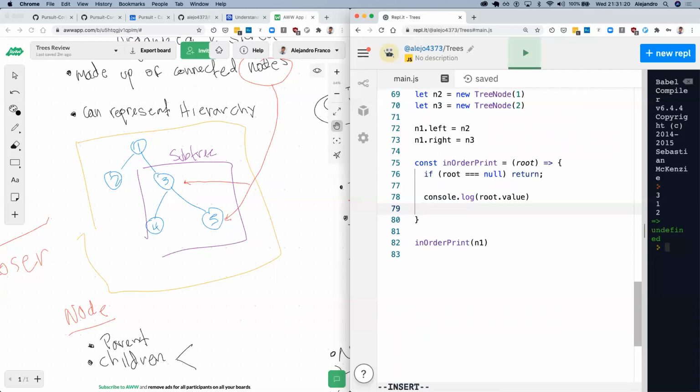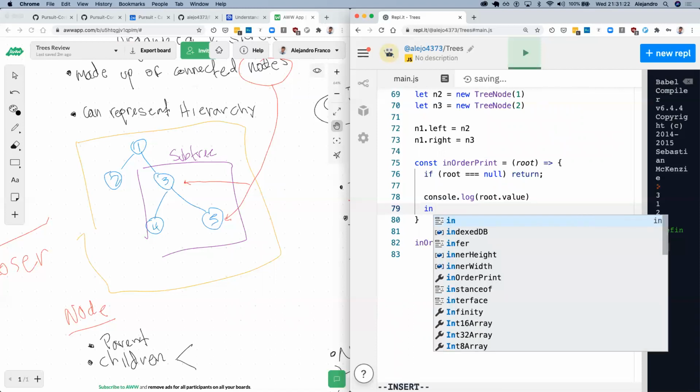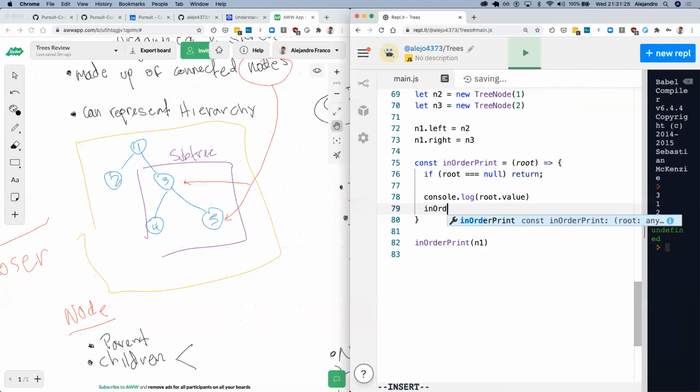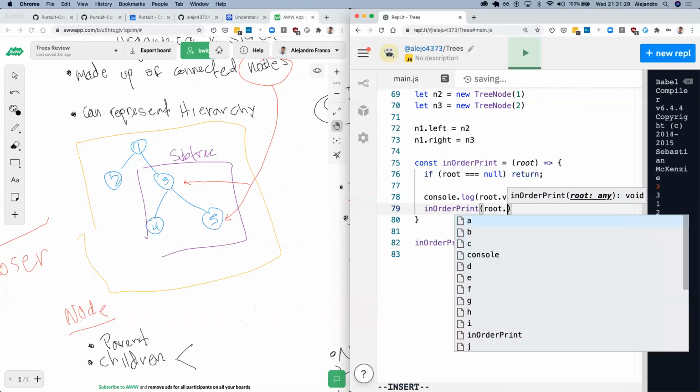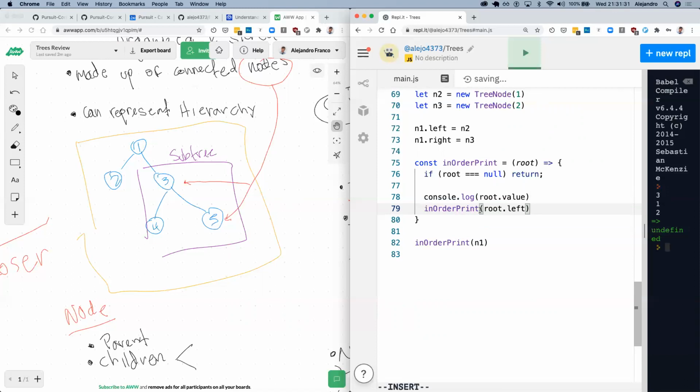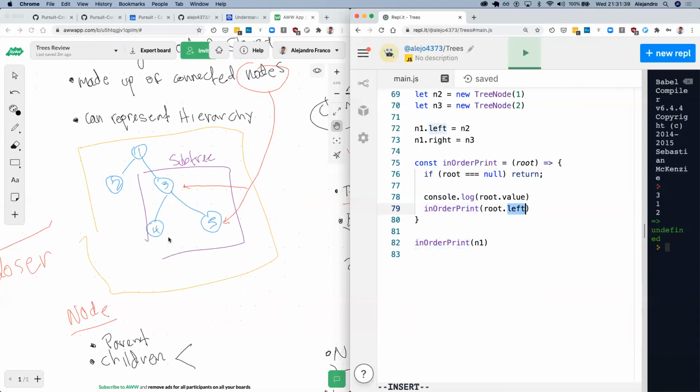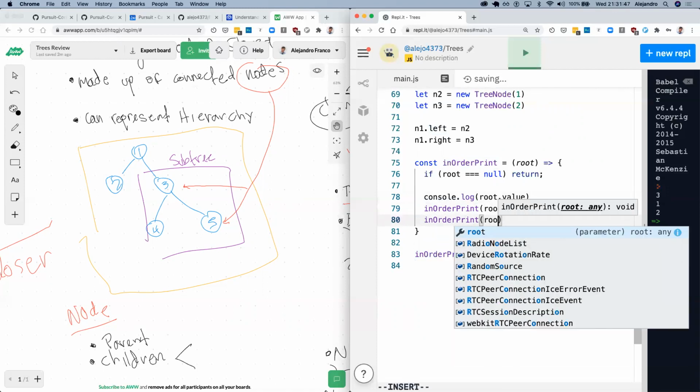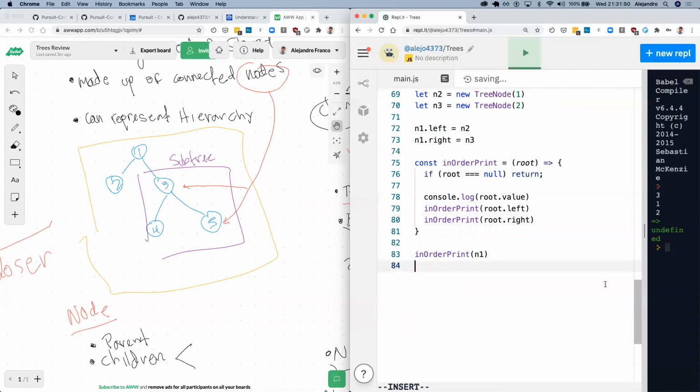I'm going to say in order print root.left. What I'm saying there is just call in order print on the left subtree or on the left node. And if that node is a tree, then go on and do the same thing all over again.